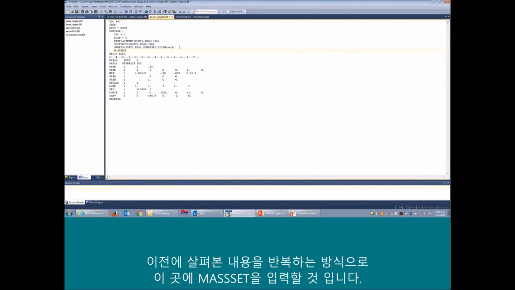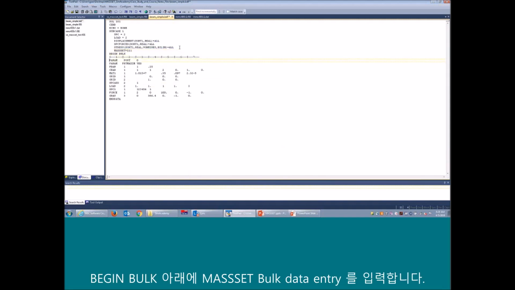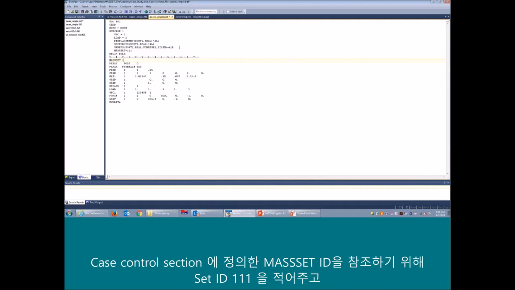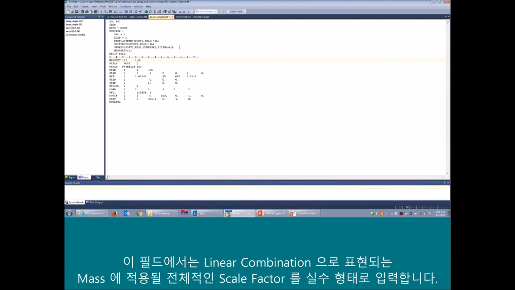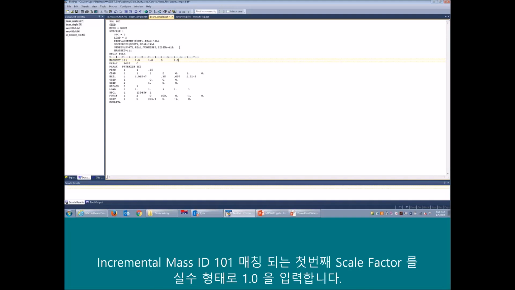I'm going to enter the mass set. So I'm going to put in my mass set ID of 111 here. And then in the begin bulk, I can type in my MASSSET bulk data entry, referring back to the actual ID that I used for my case control there, 111. This is the real number that denotes the overall scale factor for the entire linear combination of mass. This is the scale factor for my first mass increment, which in this case is 0, the base mass, and then 1.0 is the real